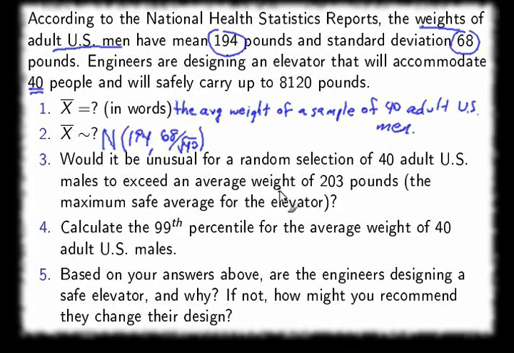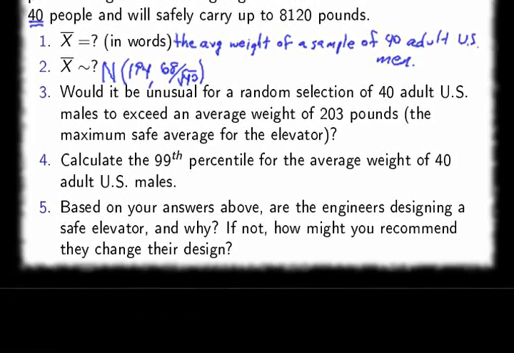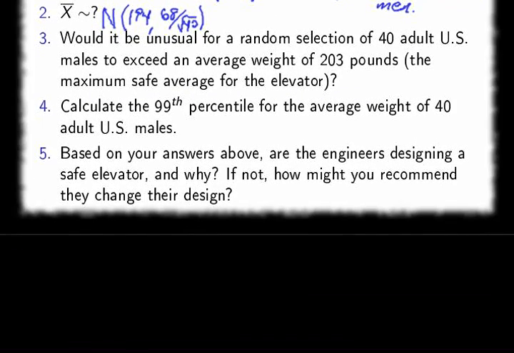Would it be unusual for a random selection of 40 adult U.S. males to exceed an average weight of 203 pounds, the maximum safe average for the elevator? Well, to find out if it would be unusual, we should calculate the probability. So in number 3, we're looking for the probability that the average weight exceeds 203 pounds. So that's 1 minus